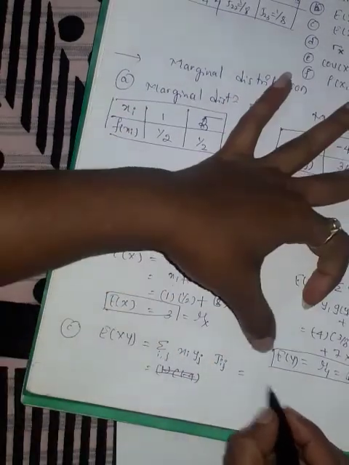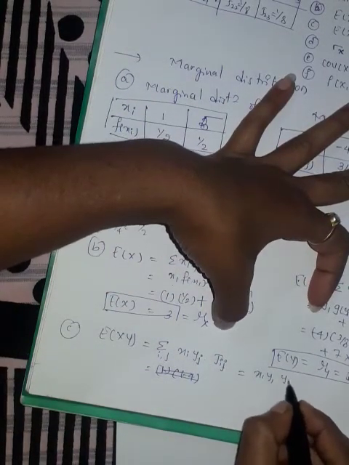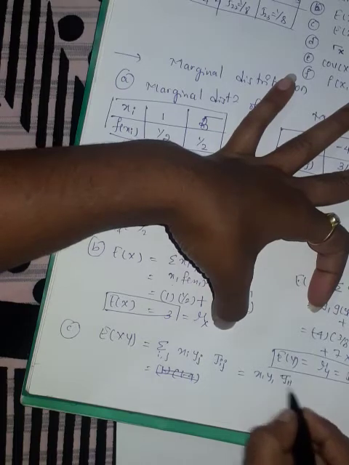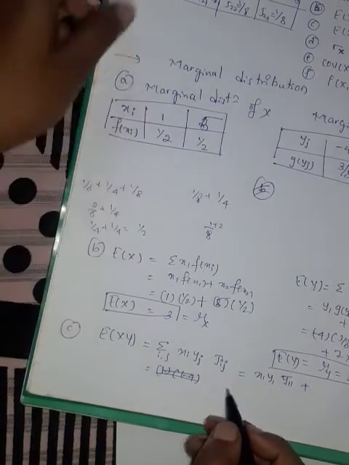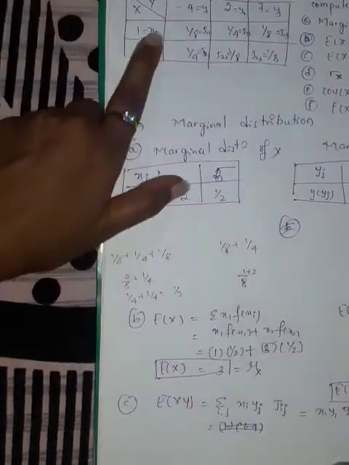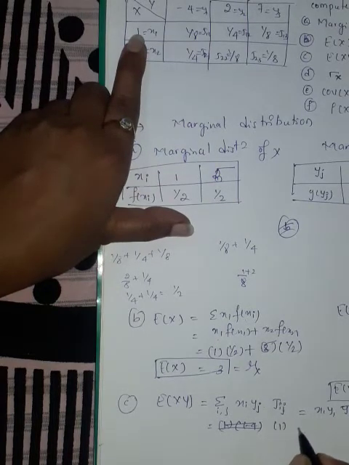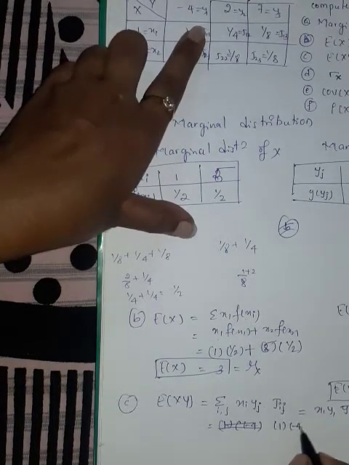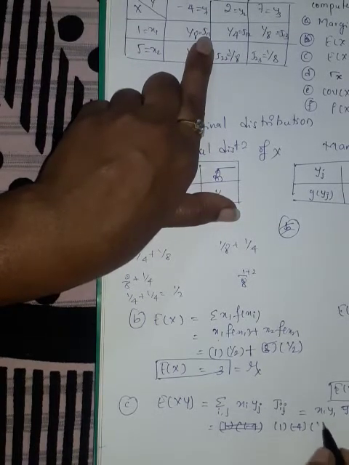You can write this as x1 y1, that is j11, like this. So first, x1 y1, that is 1 into minus 4, then j11 is 1 by 8,